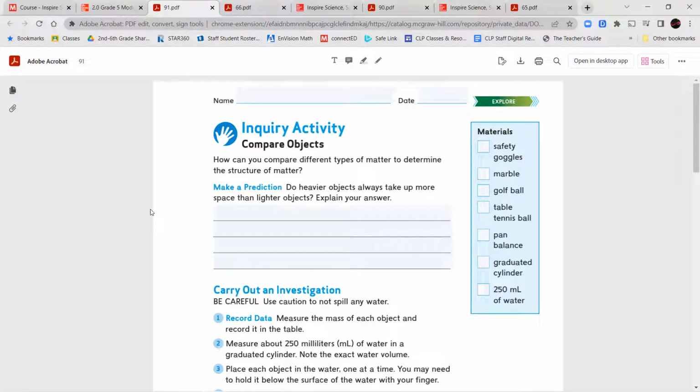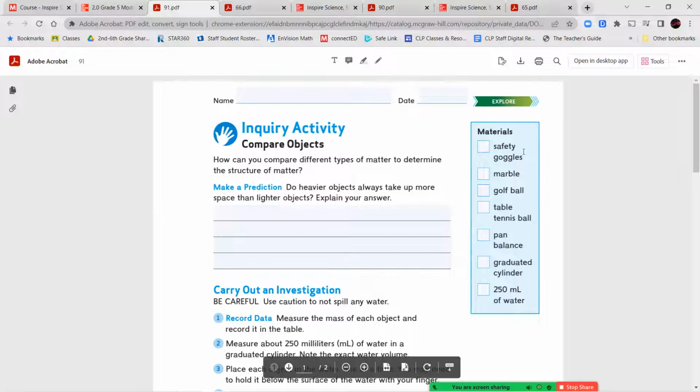So we're going to make a prediction. Remember, that's going to be you giving your best guess. Do heavier objects always take up more space than lighter objects? Explain your answer. Now we're going to go through, we have our list of materials here: safety goggles, a marble,